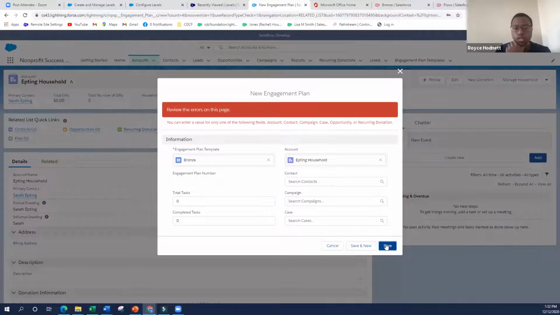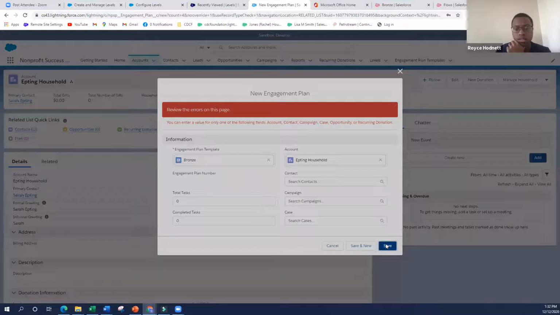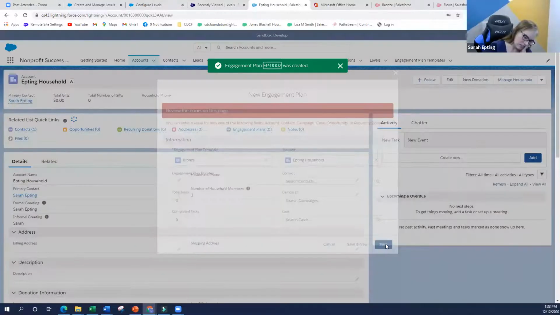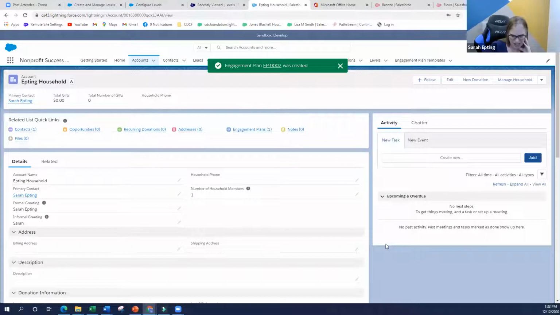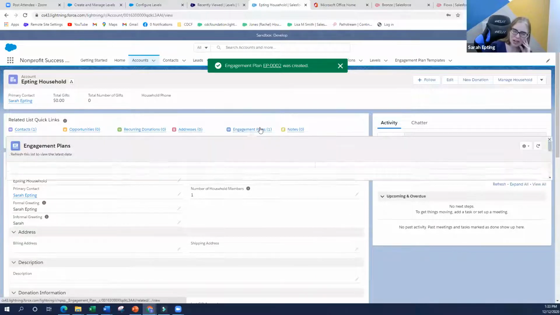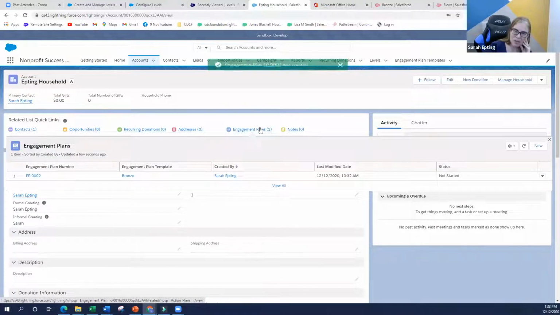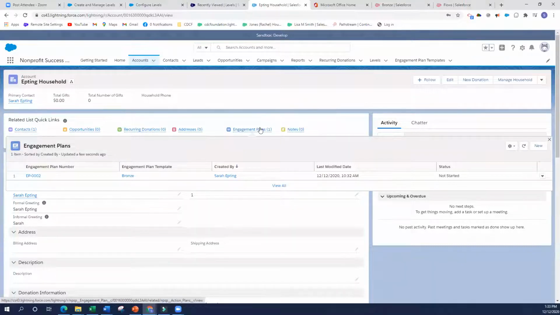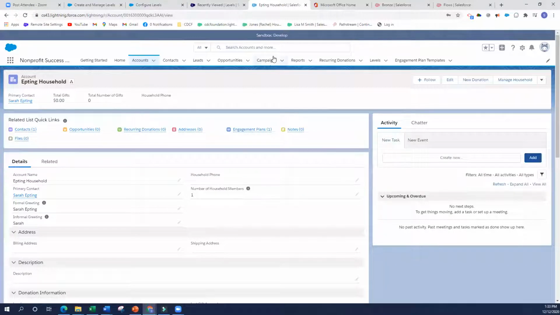Sarah, what would be the use case for assigning it to a campaign? I think... I'm not sure if it would relate since you do it straight from the account. I'm actually not sure. In the nonprofit that I work with, for example, they have a campaign called Spring Harvest,